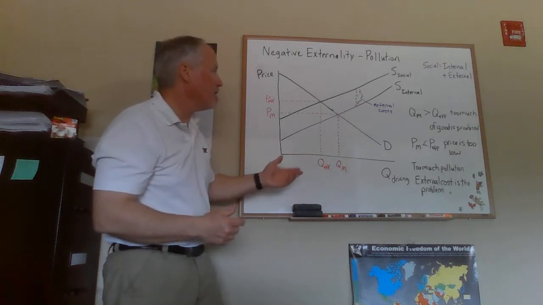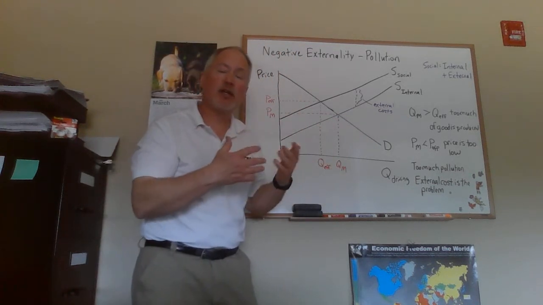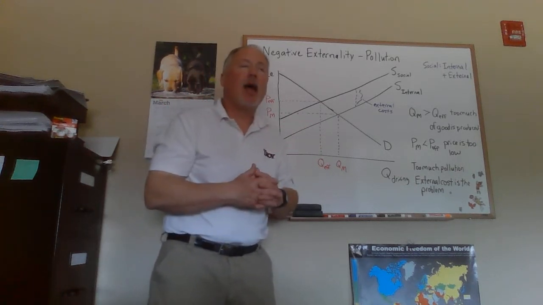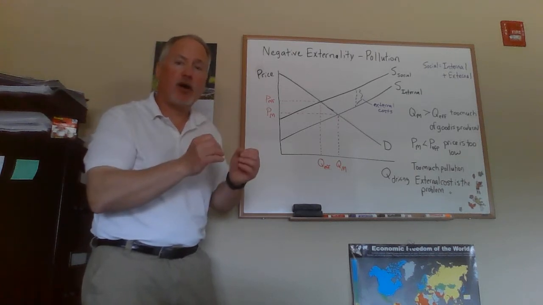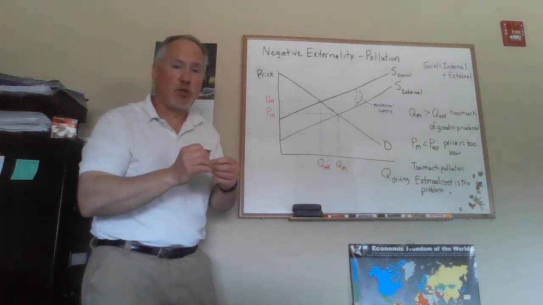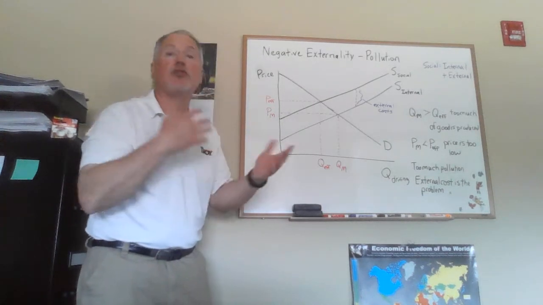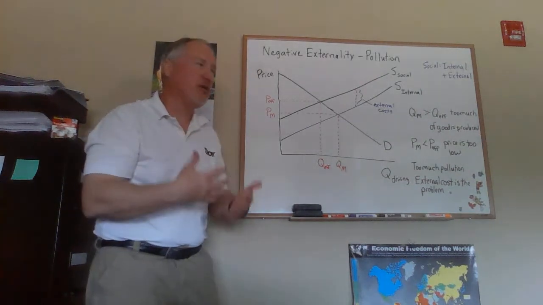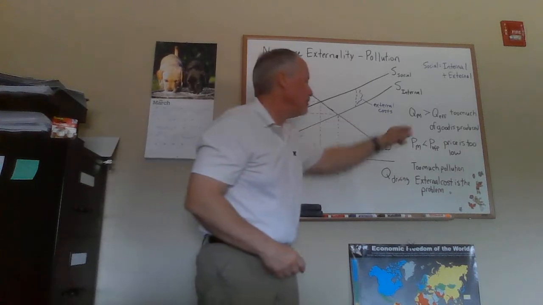Now what we can see is that the market quantity is greater than the efficient quantity. So this is a case of what we call market failure. We refer to this as market failure because the equilibrium quantity, the market quantity, is not equal to the efficient quantity. In chapter 5, we saw that normally with a market, in other words, when there's no externality, the market quantity is going to be efficient.